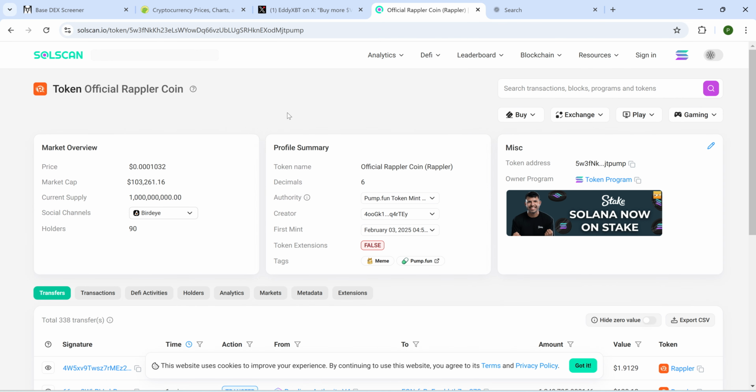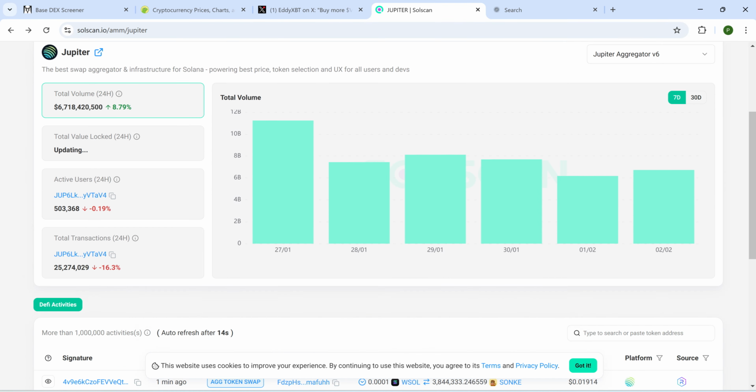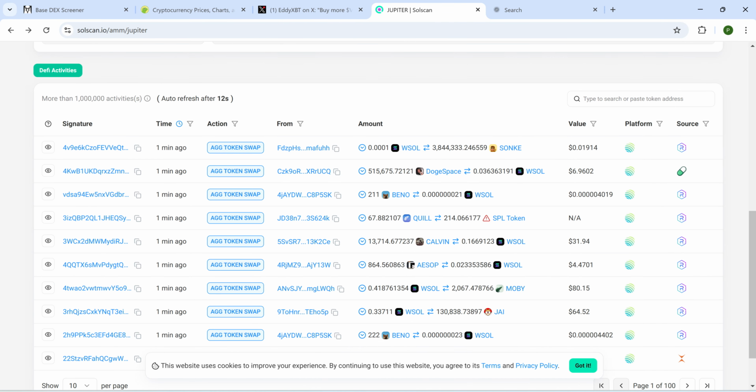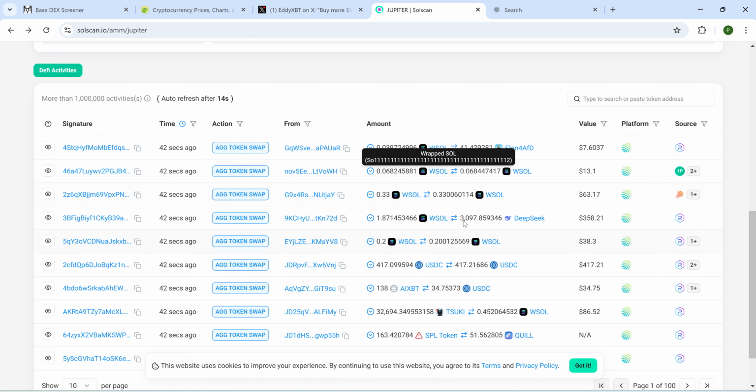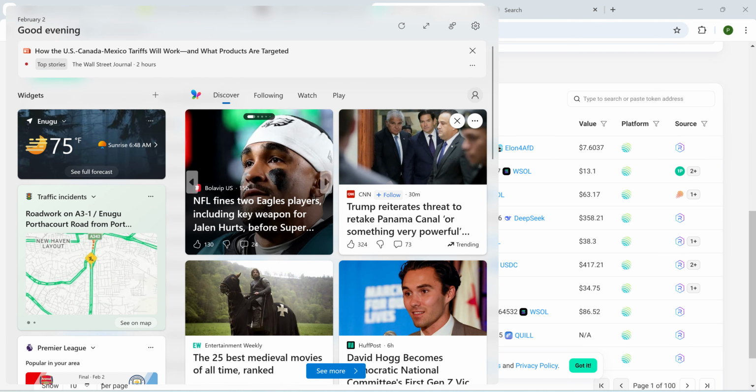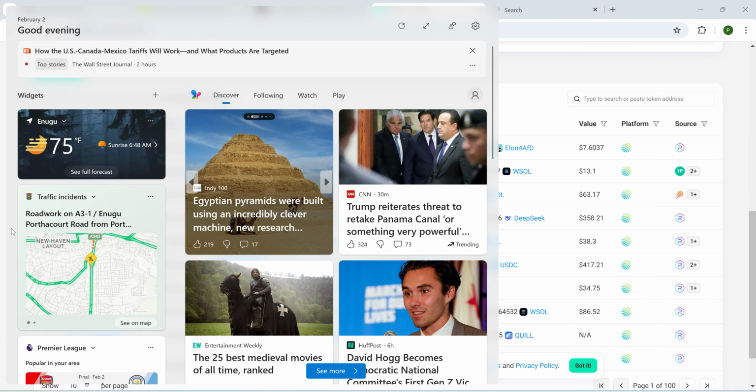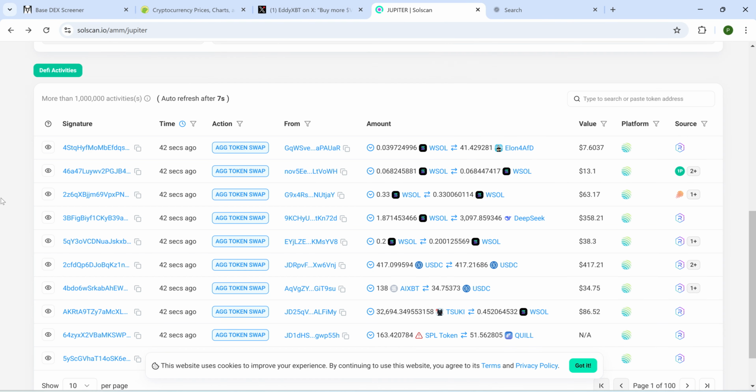But you get to see transactions in real time on chain because if you are here with your scanning tools and everything, you could catch a runner, possibly. So now see someone sold 3 million SOL, and I think with a low price though, Doge Space. Now looking at these tickers here, they are on